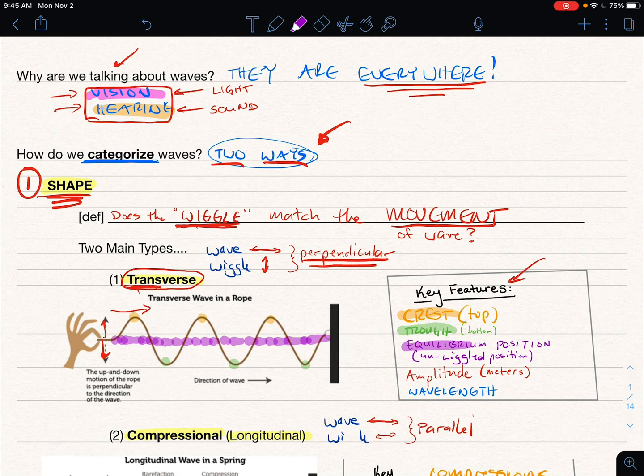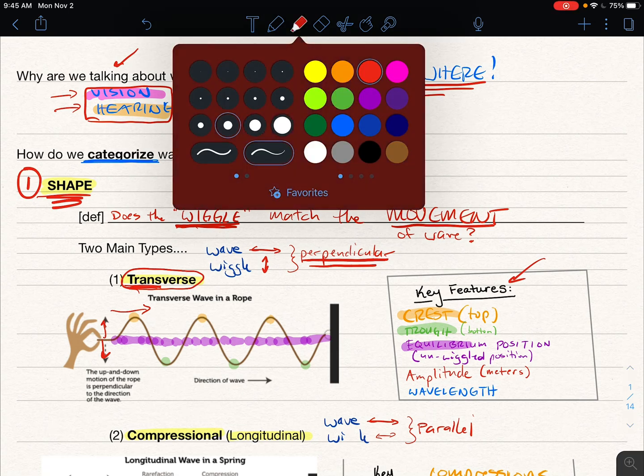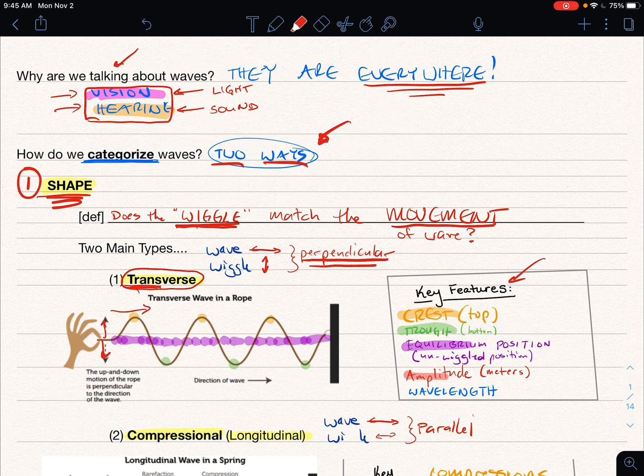Two measurements that we would make about this wave, if we were going to describe how big it is, you would first want to talk about the size of the wave relative to the equilibrium position. So you might say something like, oh, that water wave was 3 feet tall, or oh, that's just like a 2-inch ripple in the pond, that's not much. What you're describing when you say the height of a wave is how far above the normal position it gets, and we call that amplitude.